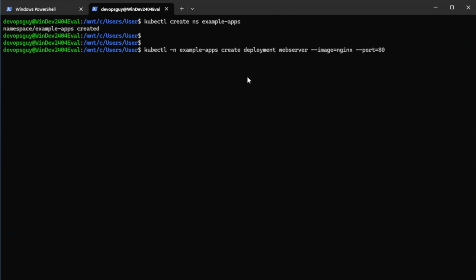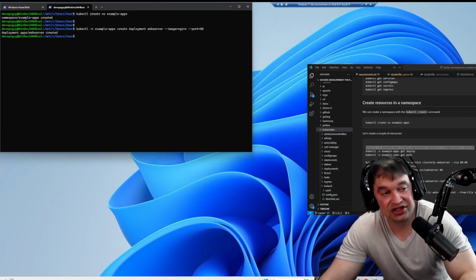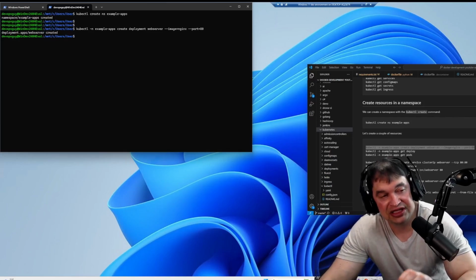I'm going to create a web server using an Nginx image running on port 80. Go ahead and run that. Now this is just to showcase the power of the kubectl create command. If you're new to Kubernetes, you may find this part overwhelming, but don't fear, because we will break it all